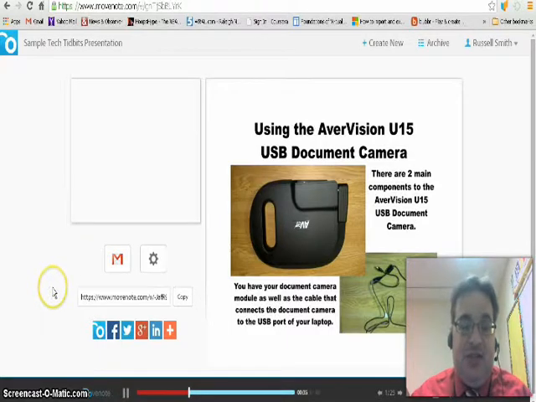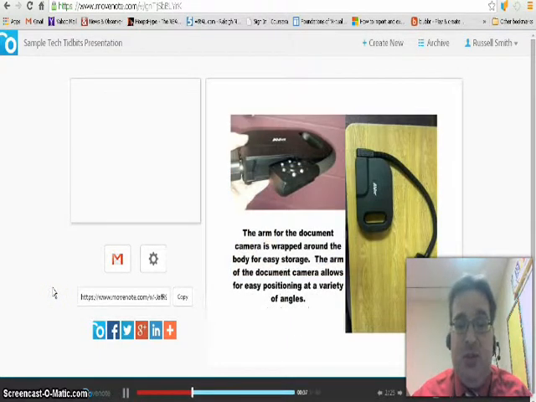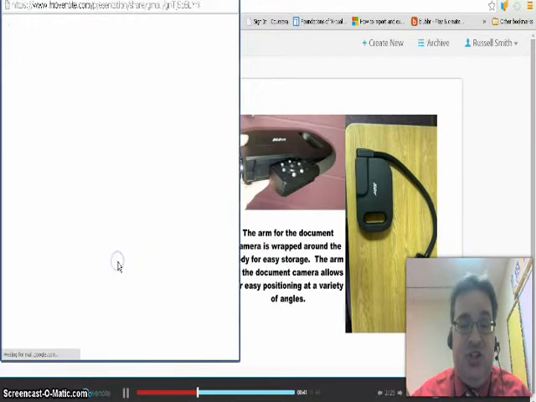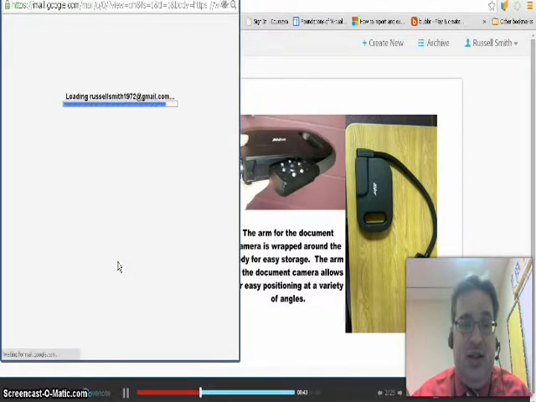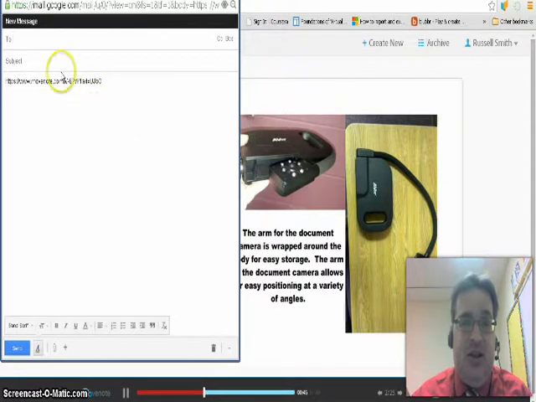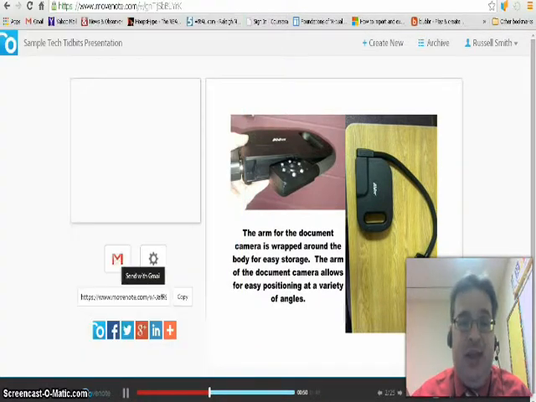So what do you do if you're happy with your presentation and you want to share it? You can send it with Gmail if you want to, and we'll load it into your Gmail, and you can send it directly from there. If you don't have Gmail,